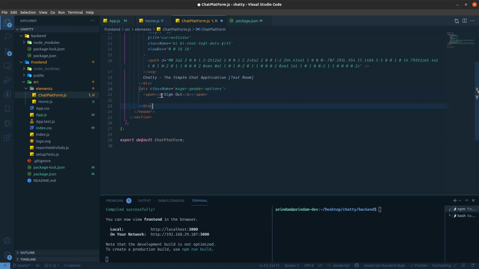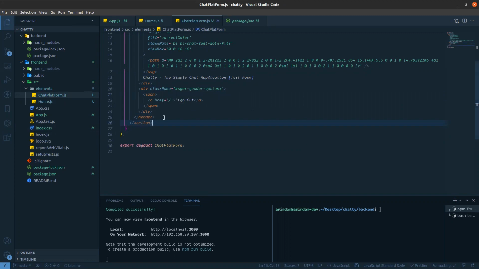There is no storage here, no session, no local storage. We are not using anything. So if we refresh, every piece of data will be lost. That's why we are creating a normal anchor tag and providing a normal slash. That means when someone clicks on sign out, it will redirect to the home page. The user loses everything, so this is kind of a sign out, right? So our header part is done.